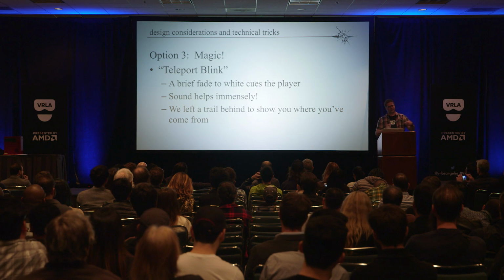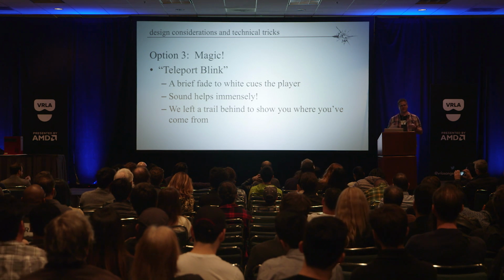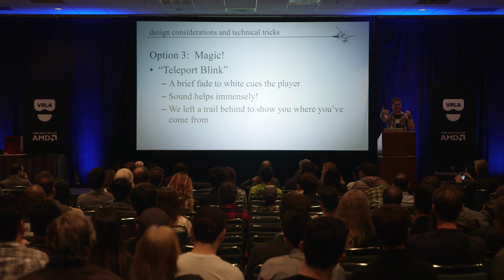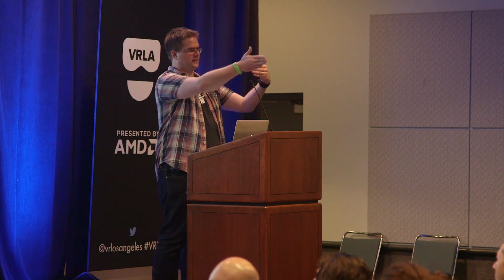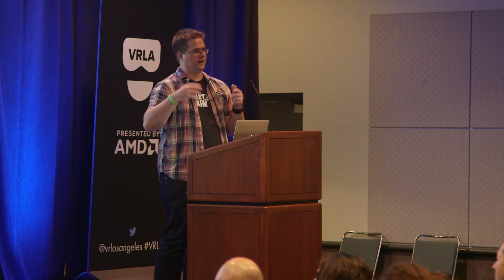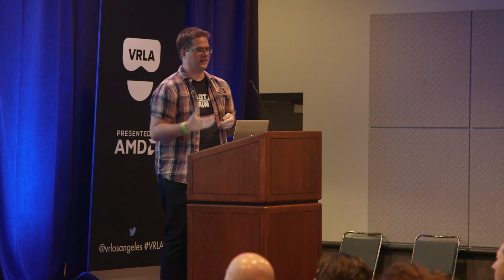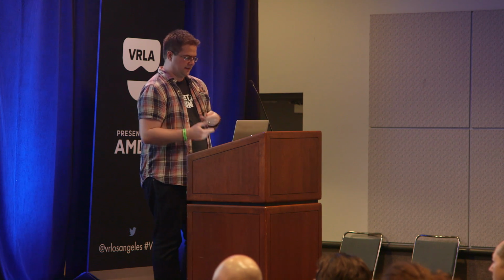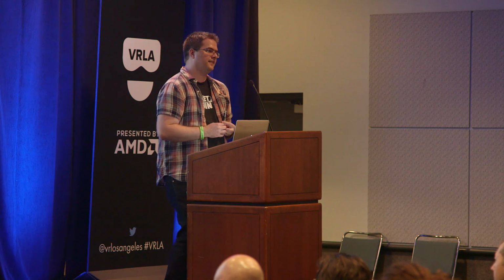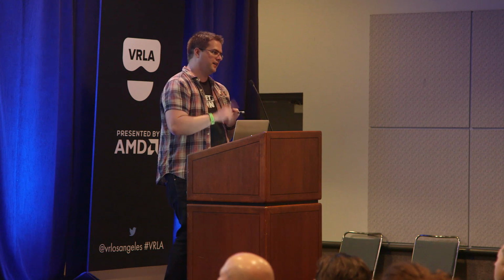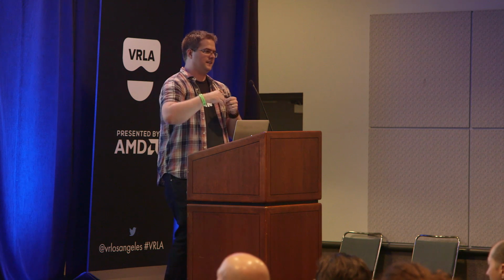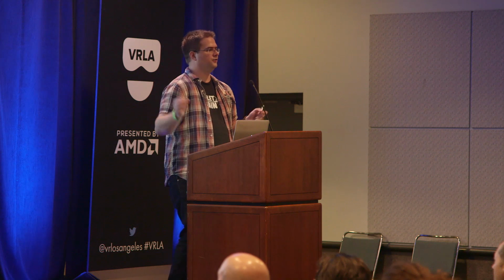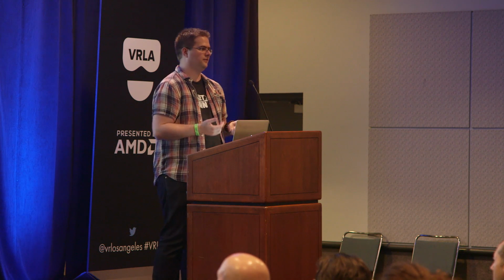And then we left a trail behind, actually, so the player could see where he's coming from. Since all these teleporters are kind of facing each other, you're always teleporting across from you. When you teleport across, we have this little trail that catches up to you, and that gives players an instinctual representation of where they were, and that helps them orient to the new space. It's not perfect, but we found that the combination of having an audio cue, a visual cue, and then something that is a little bit of where you've been made people feel pretty well oriented in the new space.